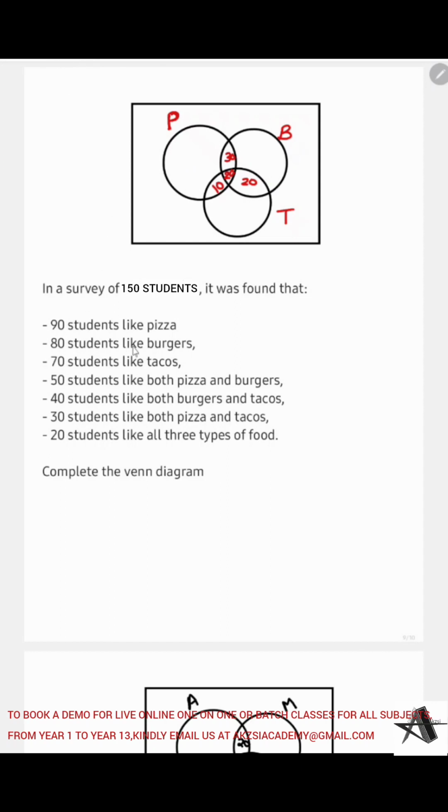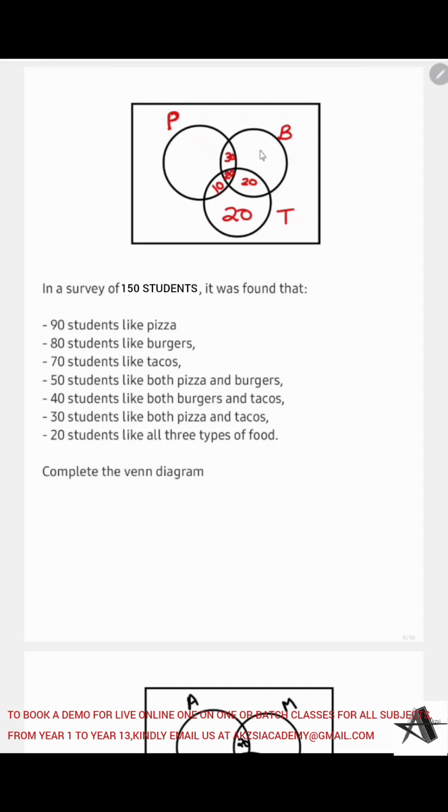Now 70 students like taco. This whole circle should be 70. So 10, 20, 20, that is 50, is already there. So 70 minus 50 is 20. So 20 would be here. Then for